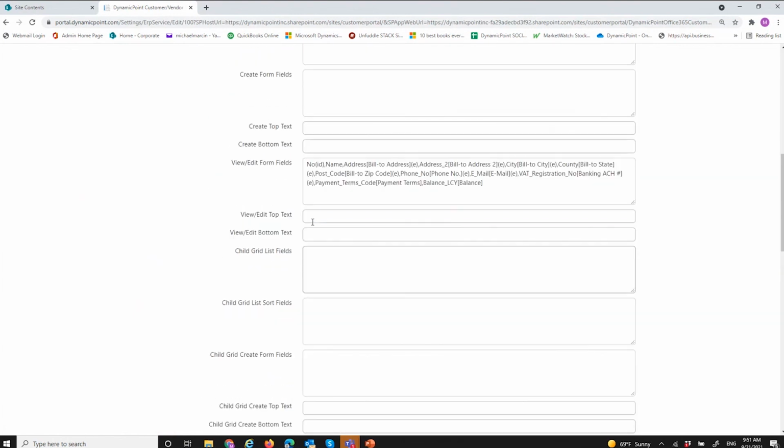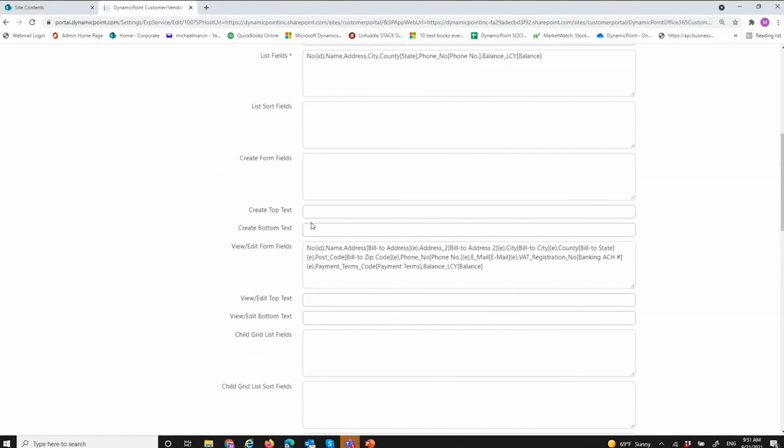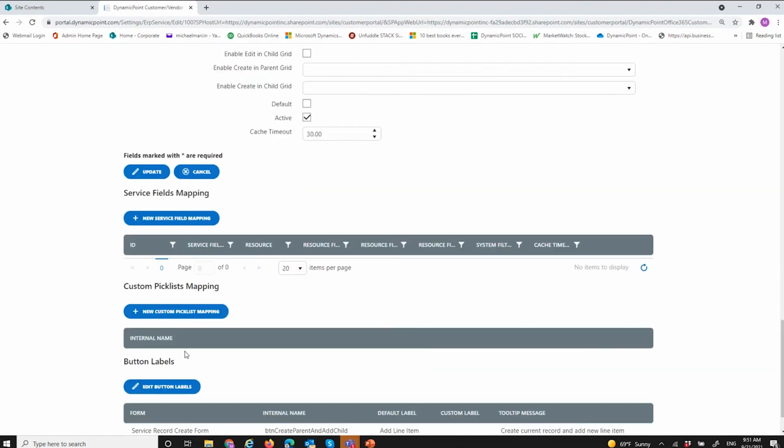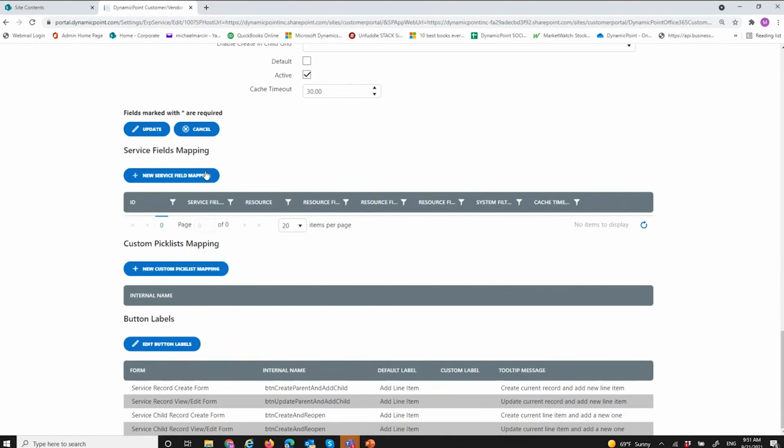Really, the fields that are available in the portal are the fields that are available on that page in Business Central. And whether or not I put a little E there denotes if that field is editable. So any of those fields could be editable, not only from a header perspective, but also the line item. And then I could rename things, change button labels and dropdowns and whatever else to further customize that screen in the portal.